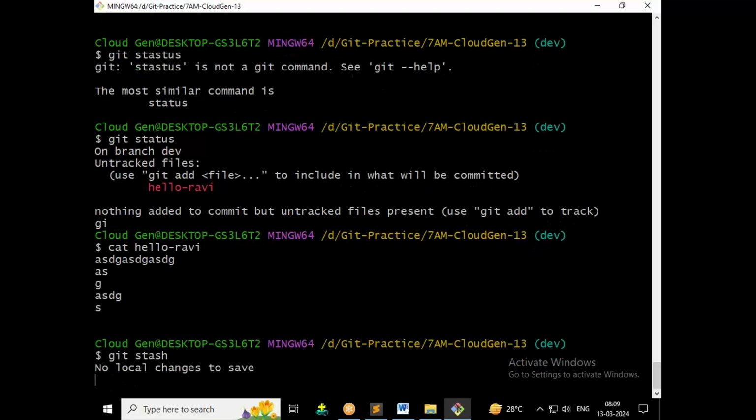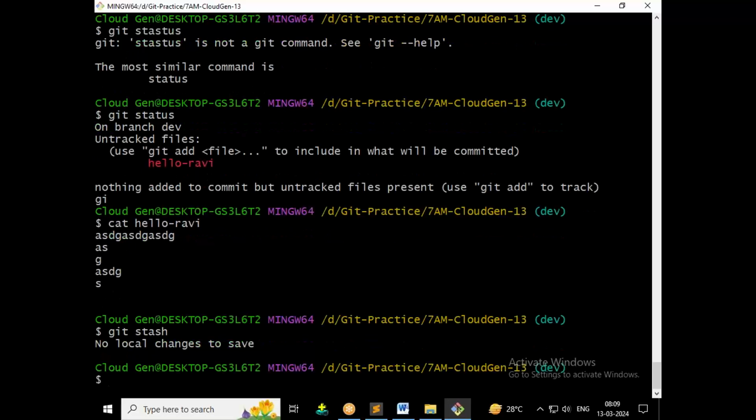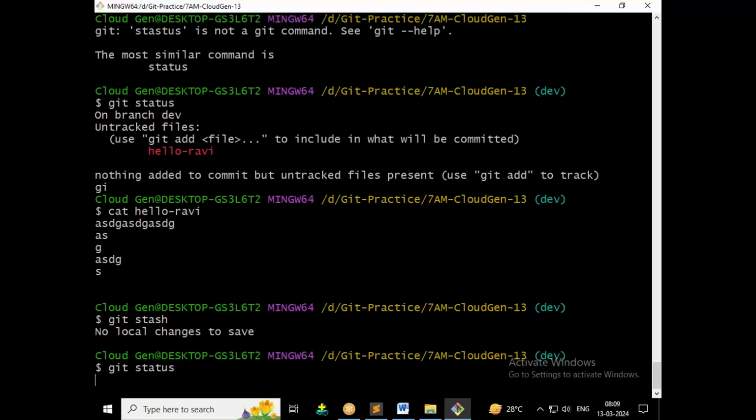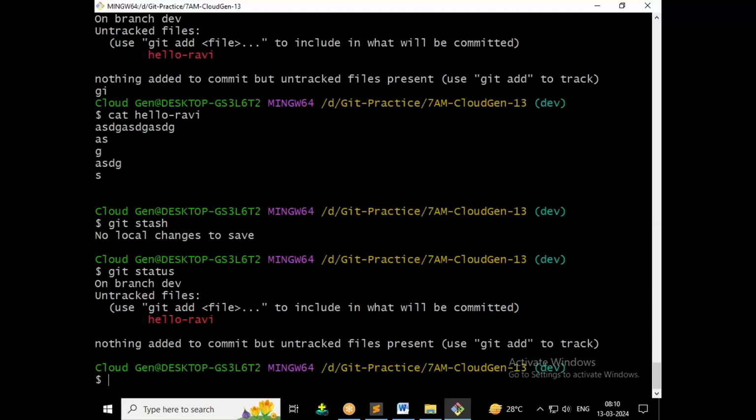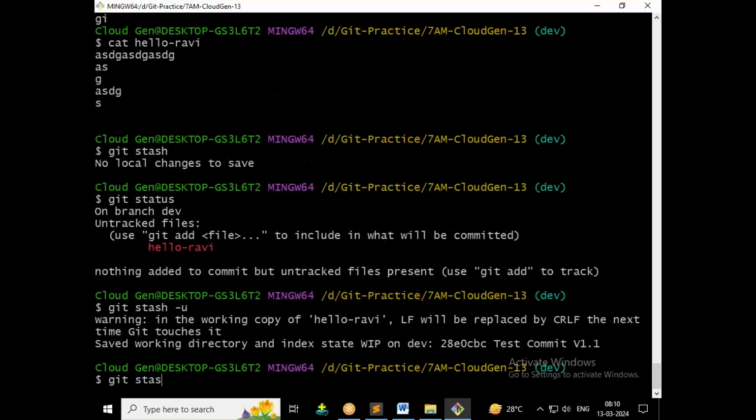git stash: no local changes to save, but git status, see, we have it. So a normal git stash command won't accept, or doesn't consider, untracked files. Untracked files are not eligible to move into stash memory by applying git stash, but we need to apply the special command git stash -u. Okay, now git stash